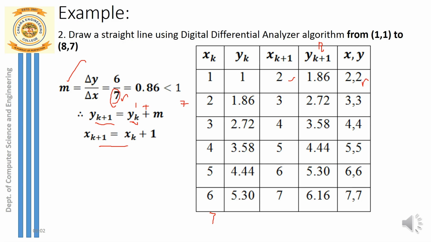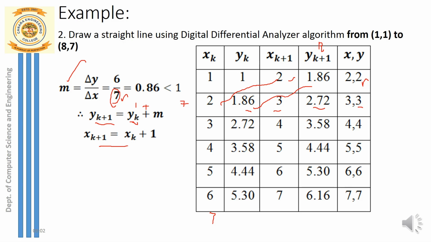Okay, so after that what are you supposed to do? You're going to take the next iteration. What is the x coordinate that you have just calculated? It is 2. And what is the y coordinate you have just calculated? It is 1.86. So 2 you are just directly incrementing, 2 plus 1, that's 3. But for the y coordinate, add the slope, 1.86 plus 0.86, and the new coordinate is 2.72, for which you have to apply the round off function. And now the plotting point is 3 comma 3.